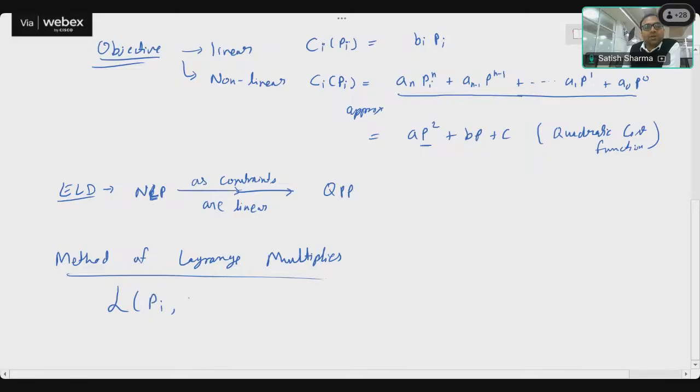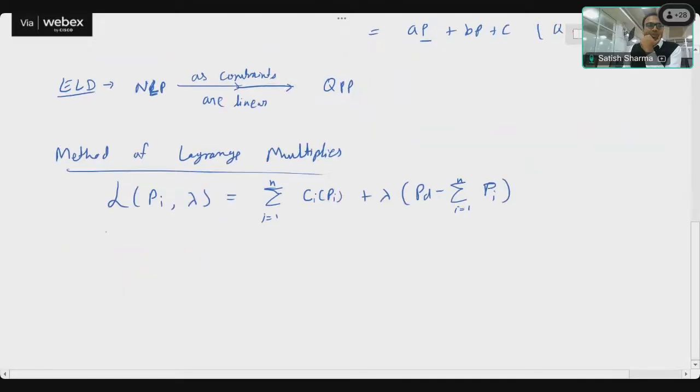Pi is my variable, lambda will become another variable, and I would put the summation of i equals 1 to n Ci(Pi) plus lambda times (Pd minus summation of i equals 1 to n Pi). So this is what I will place, the equality constraint with this particular function,